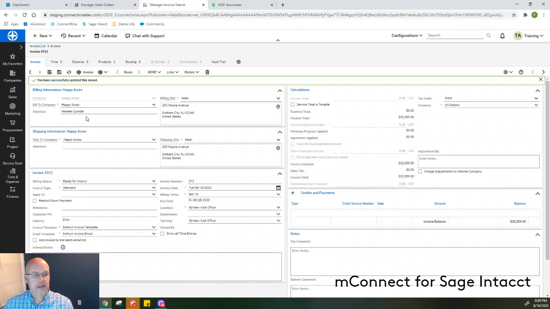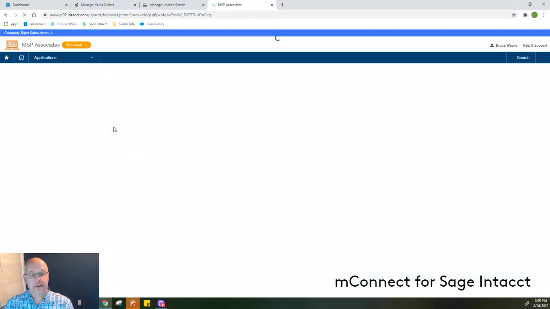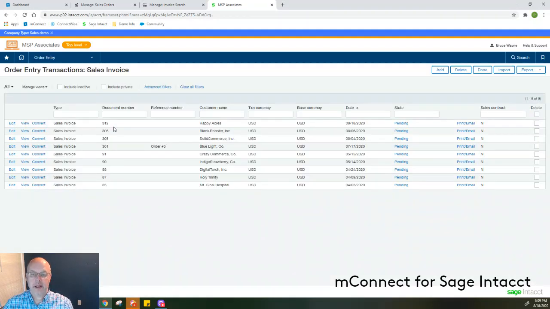Give it a moment here, and it should be interfacing that over to Sage Intacct. I'll come over to Sage Intacct. I'm going to refresh this screen, and we should see 312 pop up for Happy Acres. And indeed we do. So the invoice did come across. If I click in to edit the invoice,